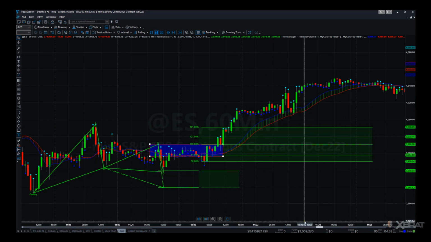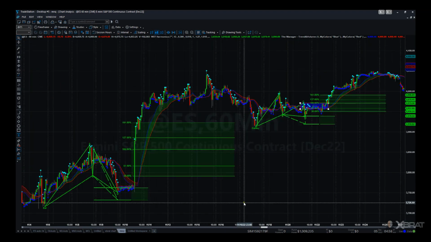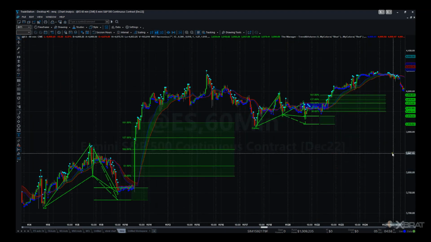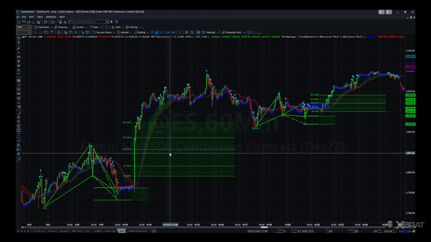But again, reality check, guys, there are only 2 trades in November, and that's how harmonic trading works. This is where we are right now. There were 2 trades, and that's the reality of it. If you're going to use it for day trading, just be aware that a lot of patterns will not complete in those auto completion zones, and you'll have to scrub a lot of order types,